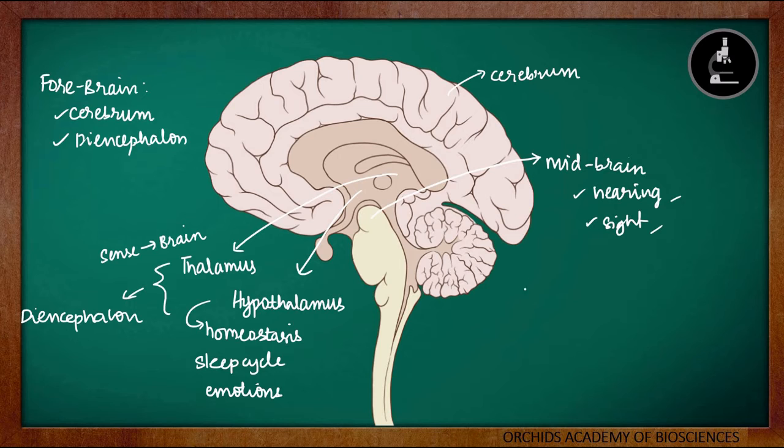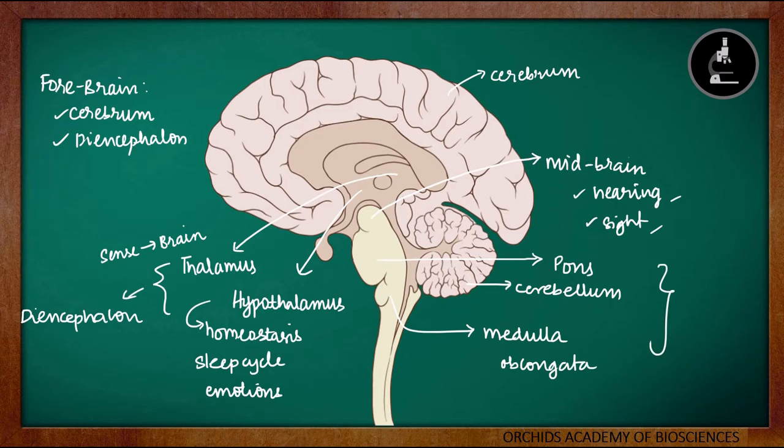Moving on from the midbrain to the last part of the brain, that is hindbrain. The hindbrain is made up of three parts: the pons, cerebellum and the medulla oblongata. And these three parts form the hindbrain. Pons is responsible for some aspects of respiration. The cerebellum is important to maintain the body posture,